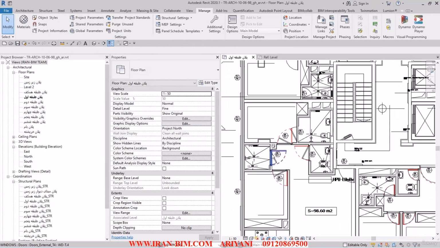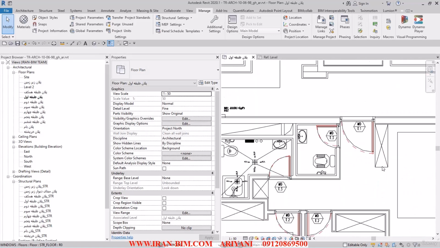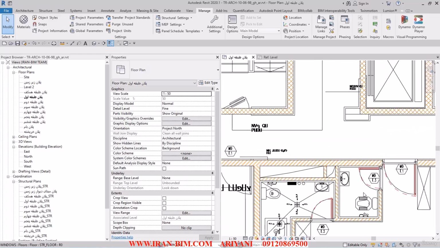So now in the plan, anywhere that we have a red door, it means we have a door that I've created with the Revit. And this way it's easier to see where we have a door and where we have not. So I'll